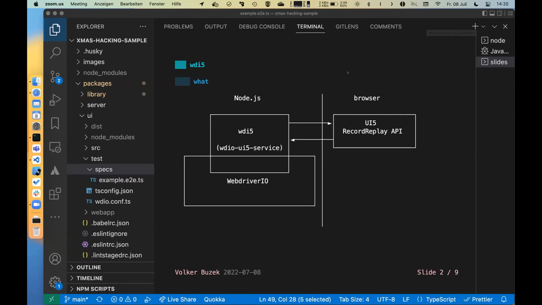So with the testing part, VDI5 also has a TypeScript enablement. For those of you who do not know how VDI5 works, it's an extension to WebDriver IO, and it interfaces with the record replay API in the browser scope, but runs in Node.js scope. So if you look at the folder structure here, once again, you're in packages UI test. And that is also the standard location in the TypeScript world for test files. And in there's an